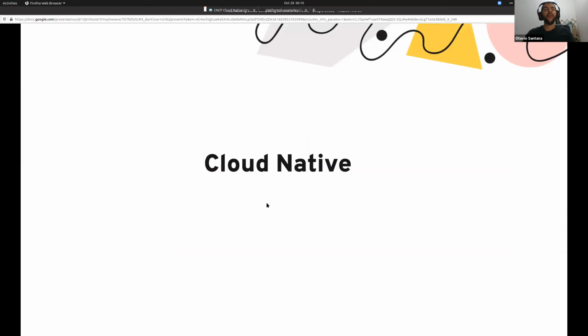So let's move on. I mentioned the cloud, and right now we have the new buzzword, the cloud word, that is cloud native. But what does cloud native mean? Because previously we had cloud ready, cloud friendly, and right now we have cloud native.